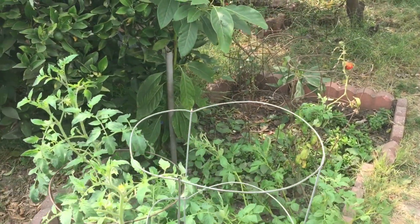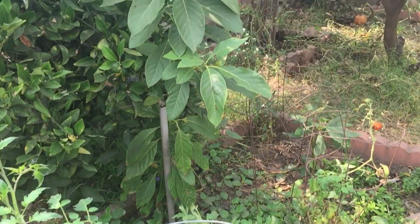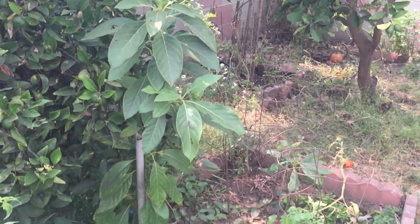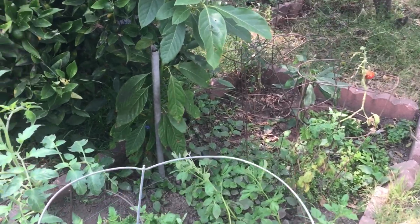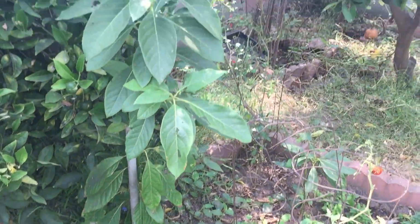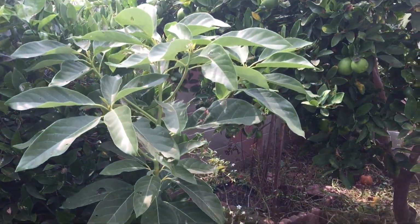All right, so let's go graft, come on. All right, people, check it out. This is what we're gonna graft to. This is a seedling tree. I'd say it's about 6 feet tall, maybe a little less. And this grew from, someone tossed the seed here about a year ago, and it's grown to this nice tree,